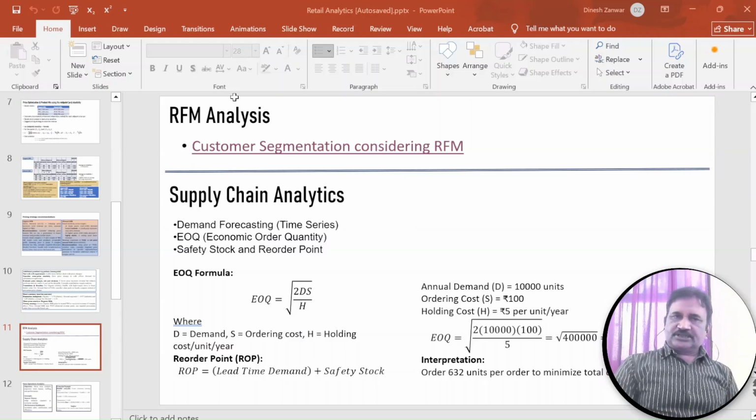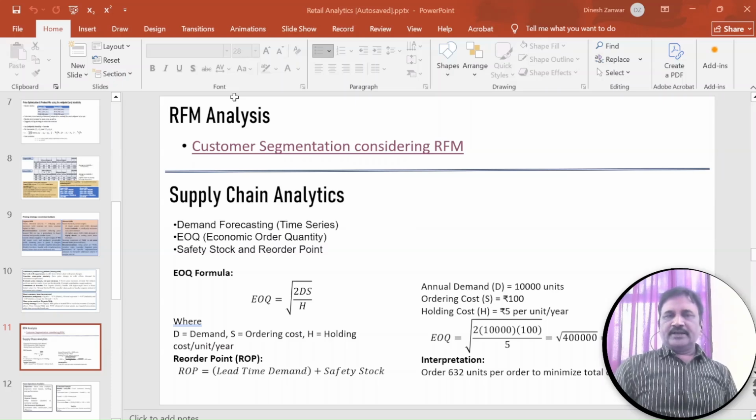So minimum is 0 and maximum is 363. What we do now with this minimum and maximum is divide this period from 0 to 363, that is the period of 363 days, into 10 zones, because we want to find the recency index. So if I divide the range between 0 and 363 into 10 zones, each zone is going to be 36.3 days. The first zone is going to be 0 to 36.3, then the second zone is going to be 36.4 to 72.6, and then the third zone is going to be